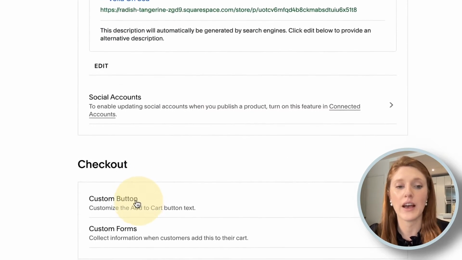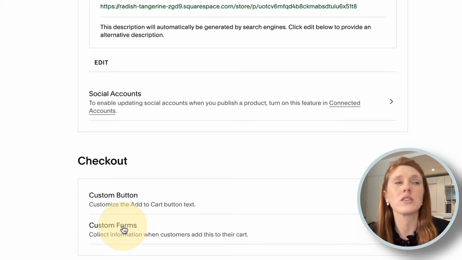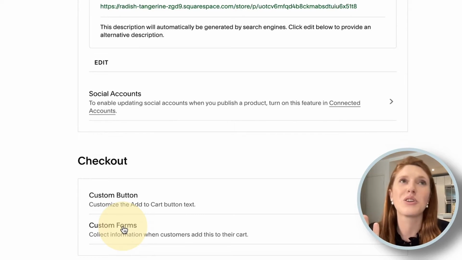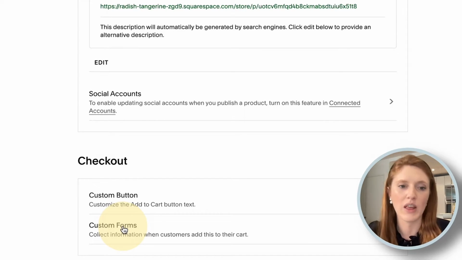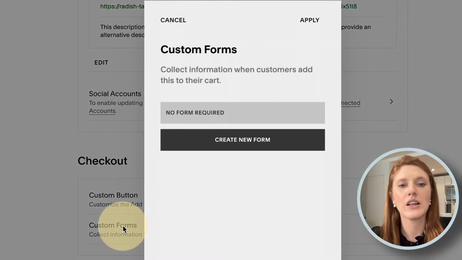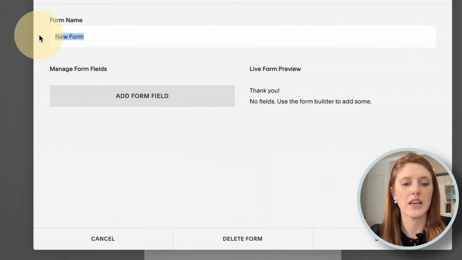Then when it comes to checkout, you have two options: custom buttons and custom forms. The situation where you might want to use a custom form, for example, is maybe you're making a wedding cake and you want some more details from the customer before they, well, actually that doesn't really fit for a digital download. Okay, so let's say you're doing a physical product or service, then maybe you want them to fill out a form to give you more details before they go ahead and purchase whatever that wedding cake is, for example. So you could click on the custom form option, create a new form, and then we could say,